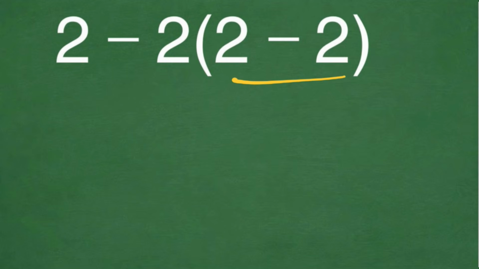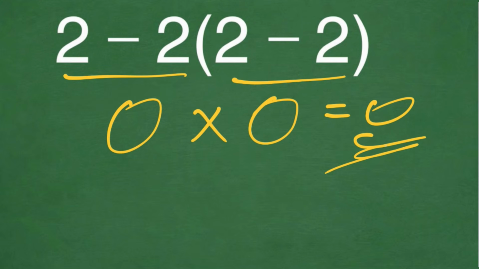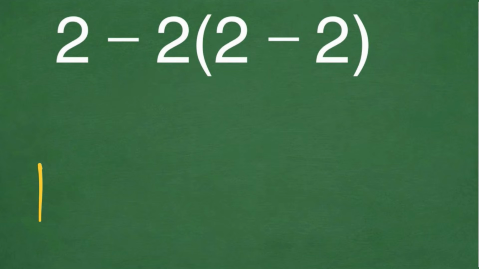2 minus 2 gives us 0. And again, here we have 2 minus 2, which again gives us 0. And 0 times 0 is equal to just 0. But this answer is not correct, because according to the order of operation, PEMDAS, which I will write here, so